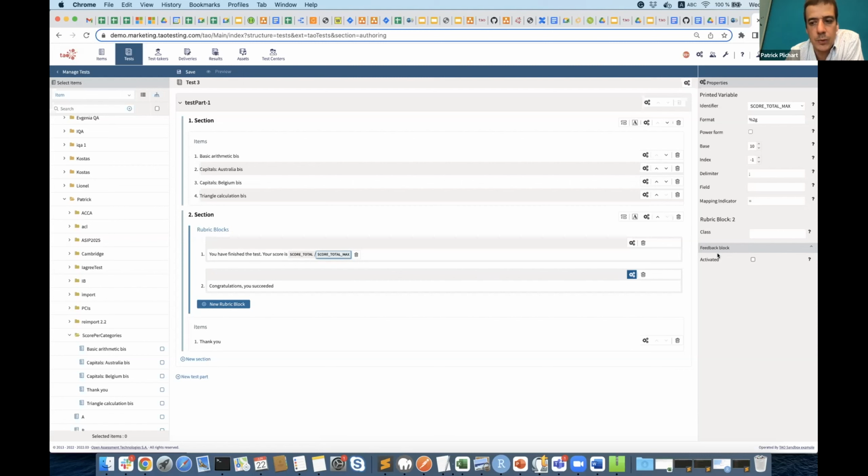This is the language from QTI. This is also why it's what we call a bit of a hidden feature. Unfortunately, I think we should improve the graphical interface for that a bit, but it is what it is. I'm enabling that, and then I can say here that the condition to display this particular rubric block is that